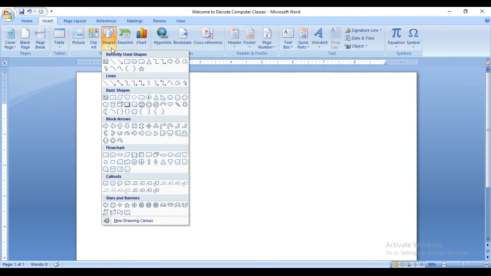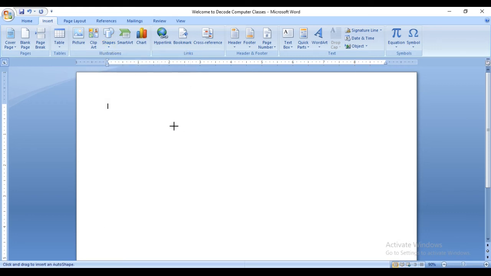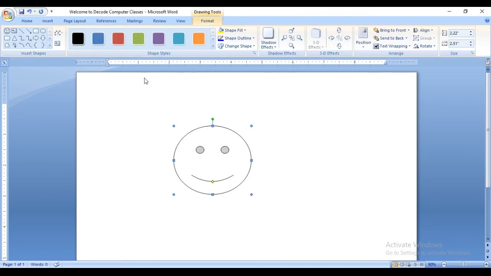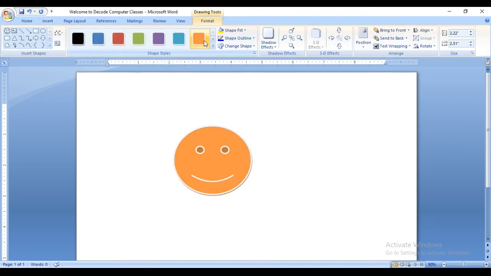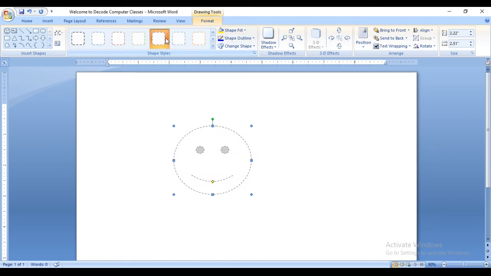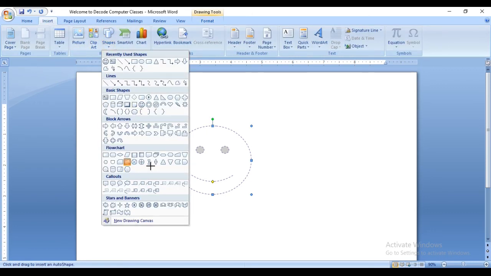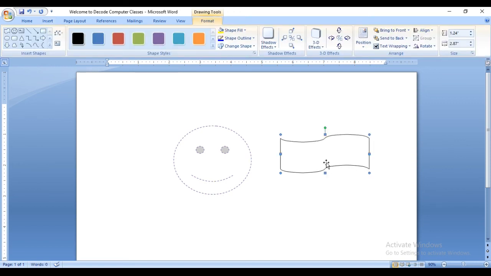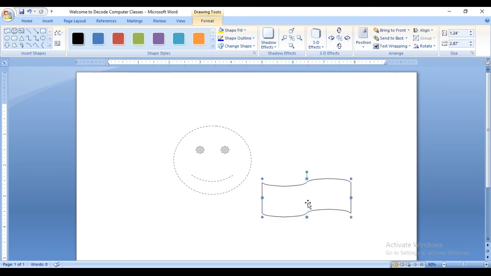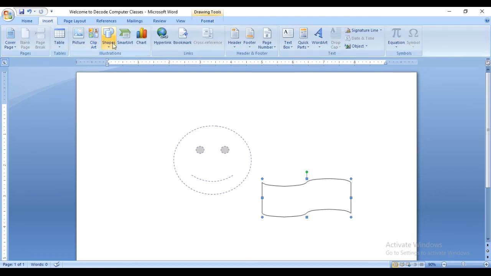Click on this and you can see different kinds of shapes ready here. You can bring it and draw it. You can change the color of that particular shape, right? The Shape Fill option is here. Very unique settings are there. Let's insert some more shapes like this. You can use it in your document, in your project work, in any kind of science file, math diagrams. You can use these shapes and make your file very presentable.